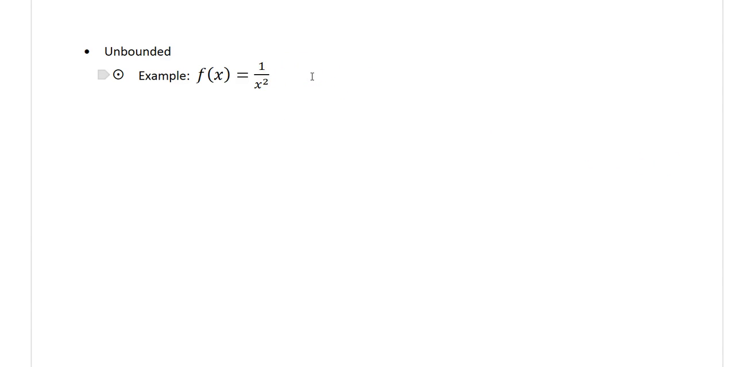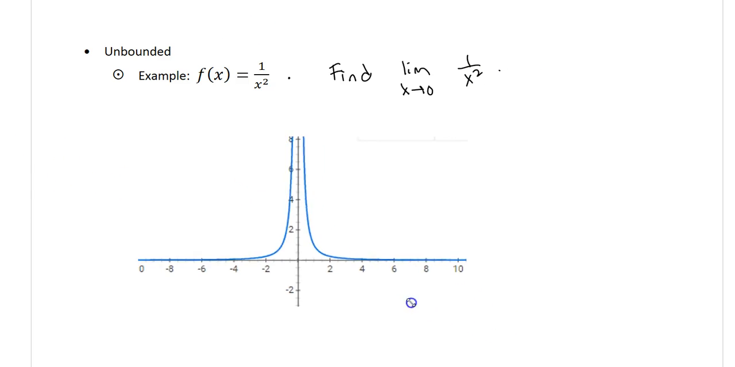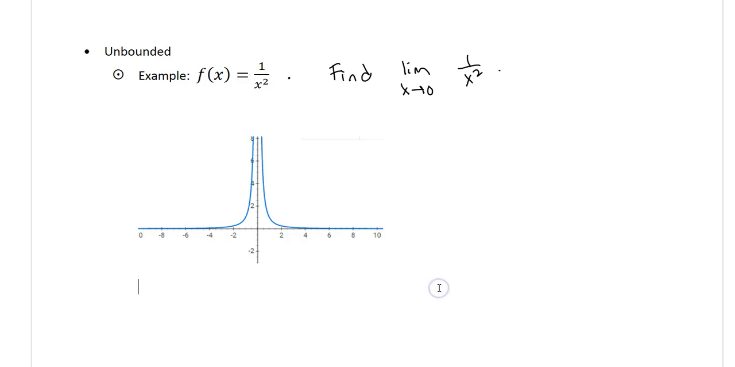Another example would be when a function is unbounded at a given value of x. So let's say we have the function f of x equals 1 over x squared, and we want to find the limit as x approaches 0 of 1 over x squared. So I'm just going to pull a graph from Google. You can just type in graph f of x equals 1 over x squared, and it will present you with